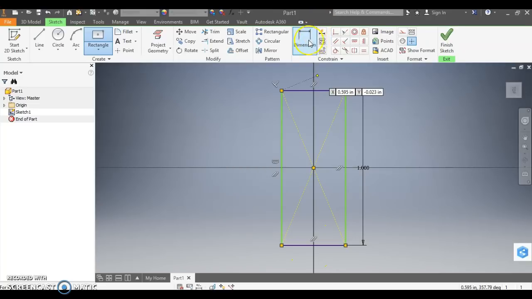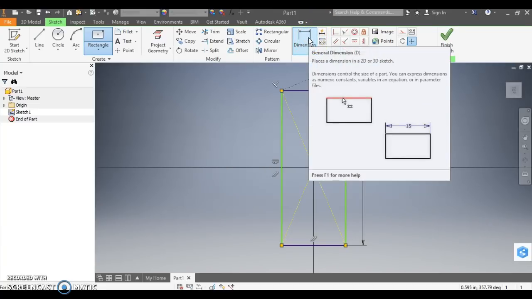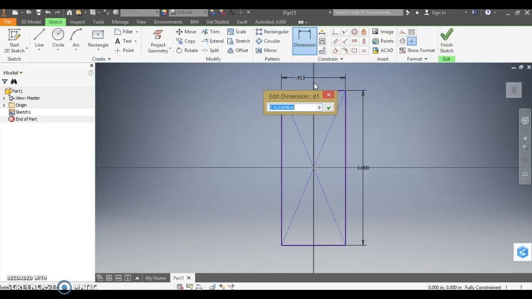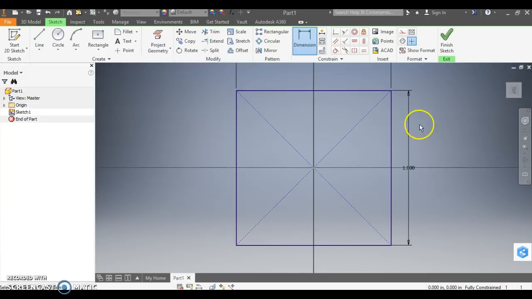So in order to add that additional dimension, I can click on the dimension button at the top of my screen, click on the line I want to dimension, and add 1 in. That changes it from a rectangle to a square. Now you'll notice in the bottom right corner it says fully constrained. That means I have all the dimensions I need for my part. Once I have my basic sketch taken care of, I click Finish Sketch,